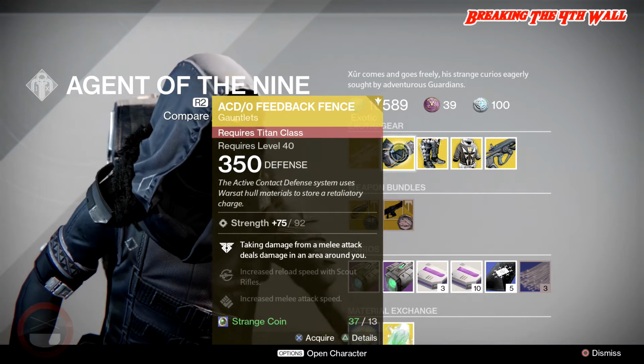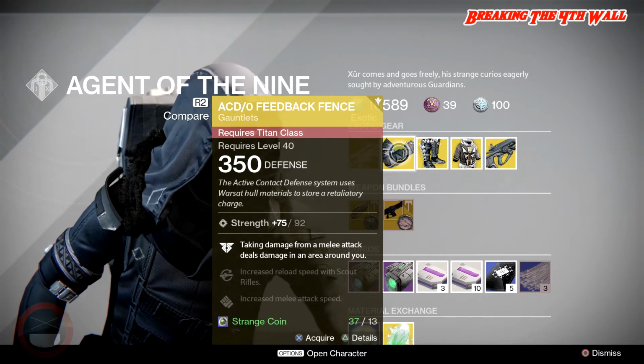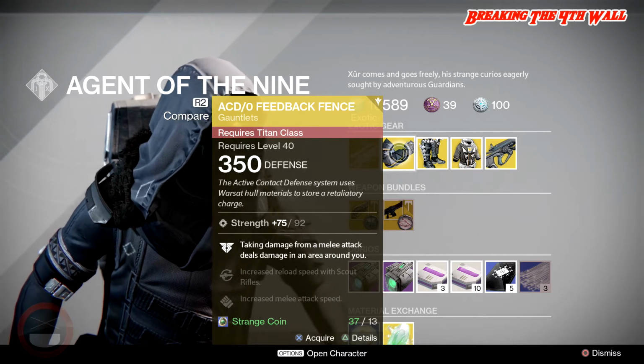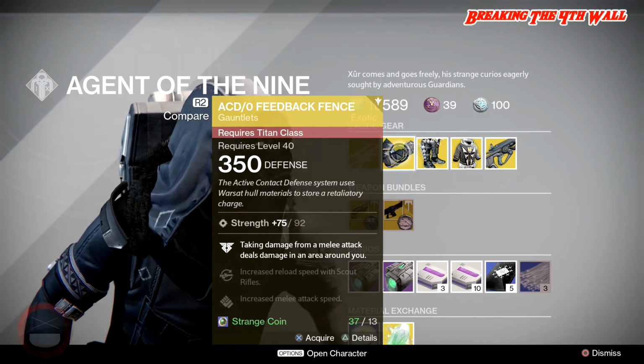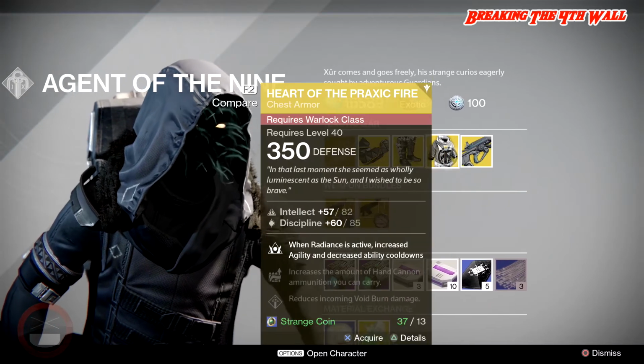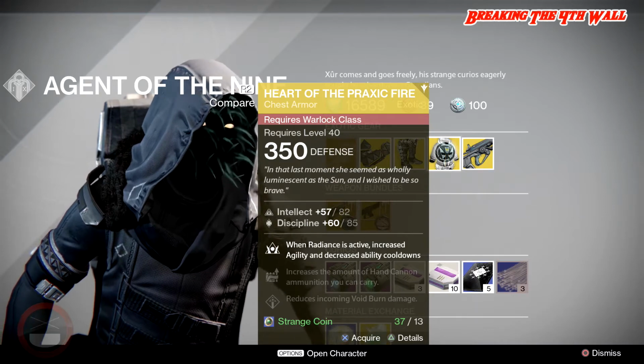So I would probably have to give this a tier 4, maybe even a tier 5 in PvE and PvP, because there are better exotics out there to use. Next exotic we will be going over is the Heart of Praxic Fire for the Warlock, which has